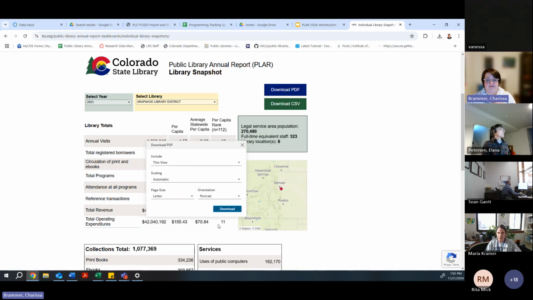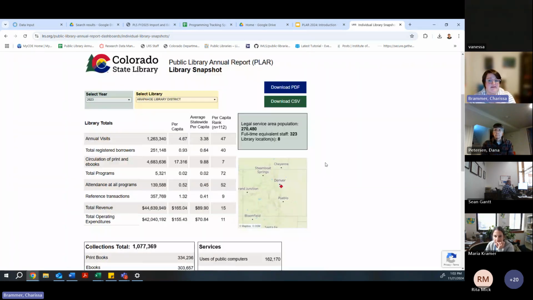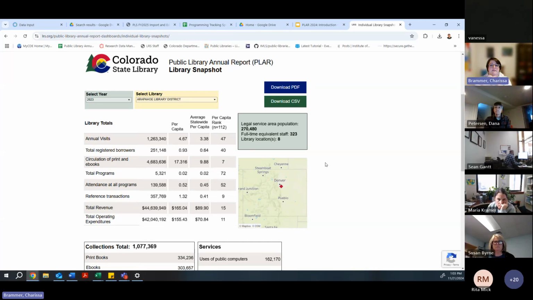Those are really cool because you can download the data in a CSV file, or you can download a PDF to hand to someone. So I know that there's a lot of situations working with boards, working with the public, where you're just like, I want something I can give to them. And so that PDF gives you that ability. Did I miss anything, Dana? No, I think that's about it.